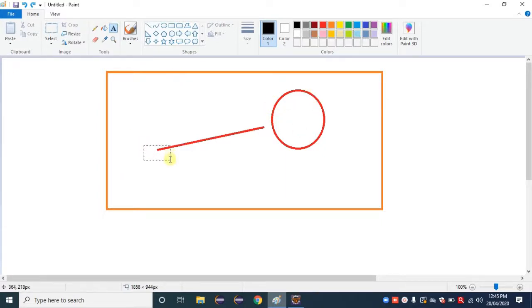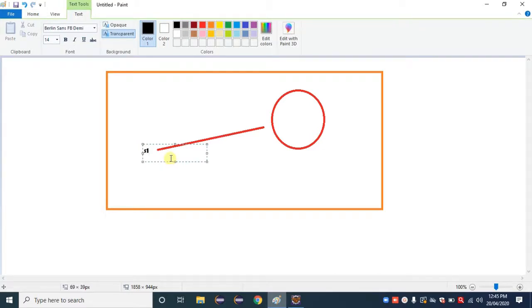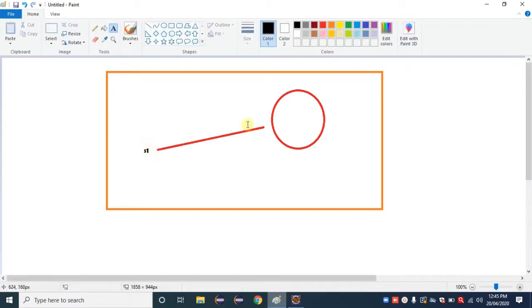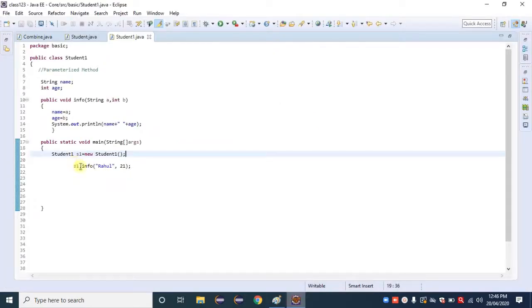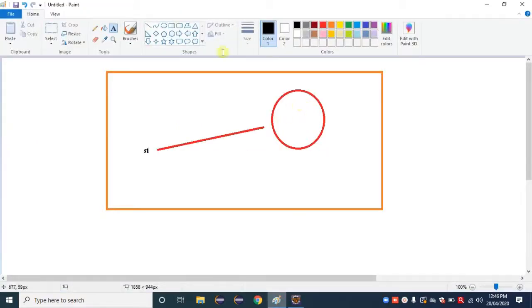The reference variable here we used is s1, so s1 represents that area. Then what is the next line? In the next line we gave Rahul and 21, and that becomes stored inside that area.